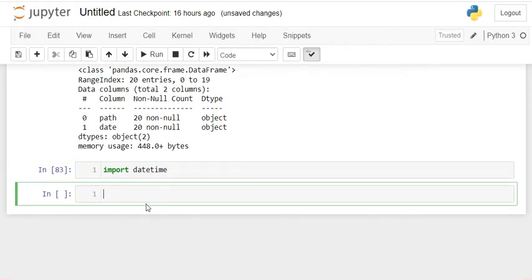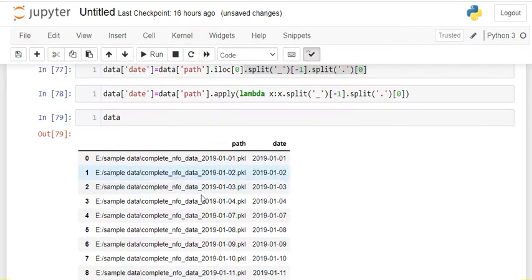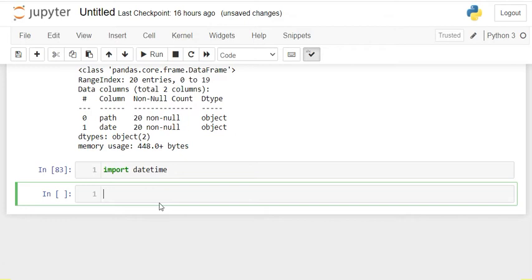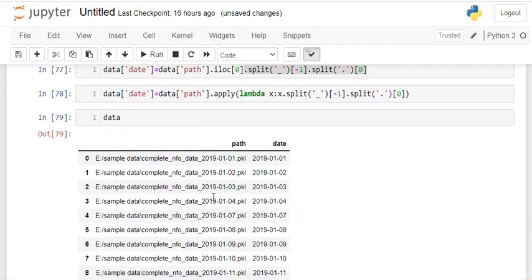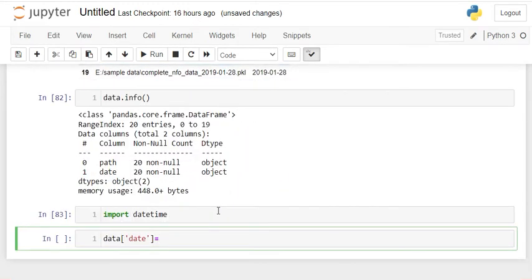Then next, this is my data frame, data, and this is my column name, date. So data date is equal to data date